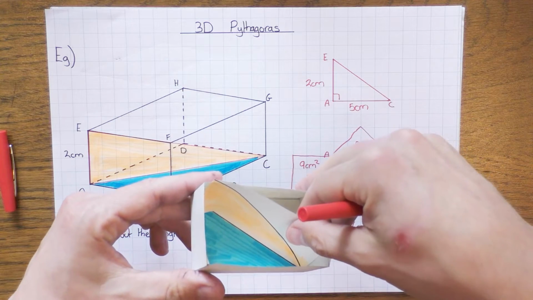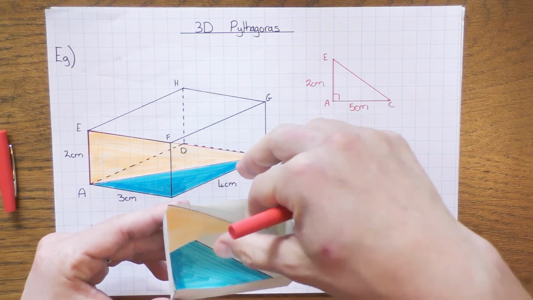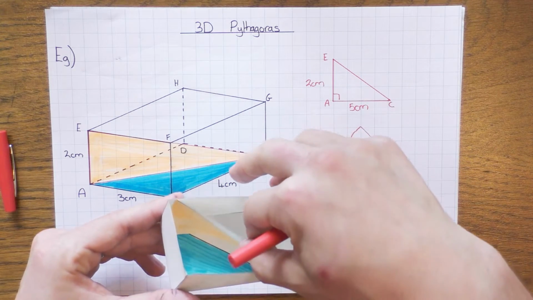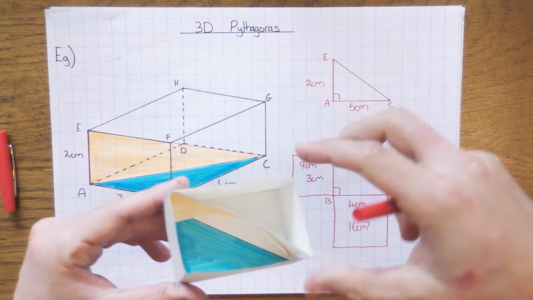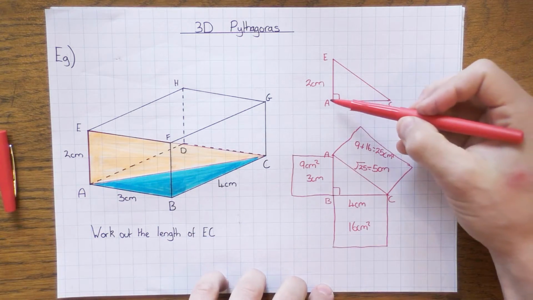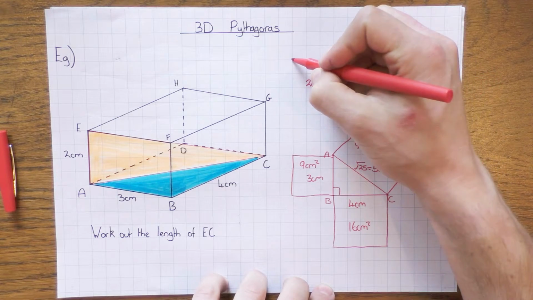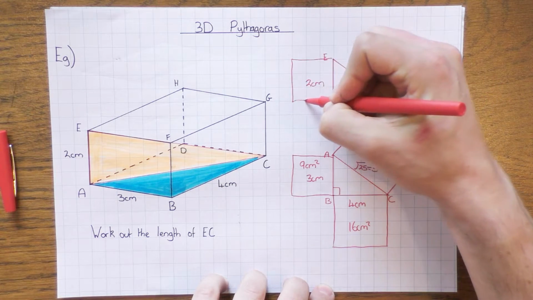So apologies, it's not very good. If I tilt it like that, you can get the idea of what I'm trying to do. I'm trying to get that right angle triangle in the middle of that cuboid. So now I've got the length AC, I can just do exactly the same thing, just draw a very rough